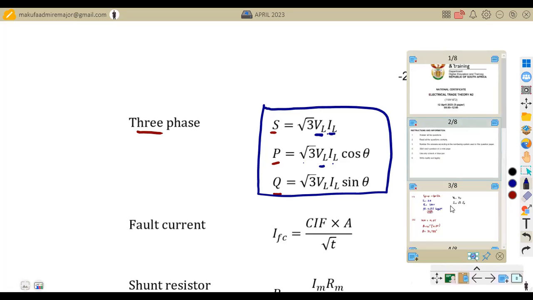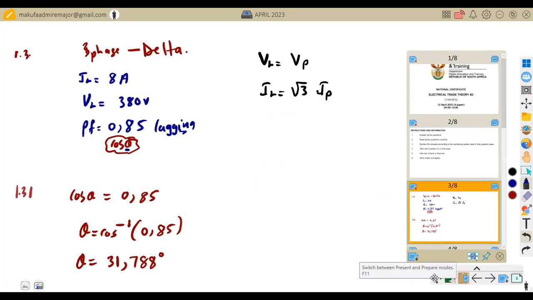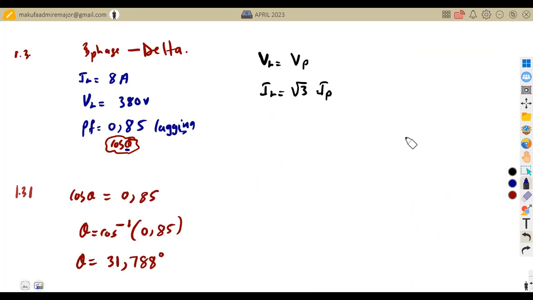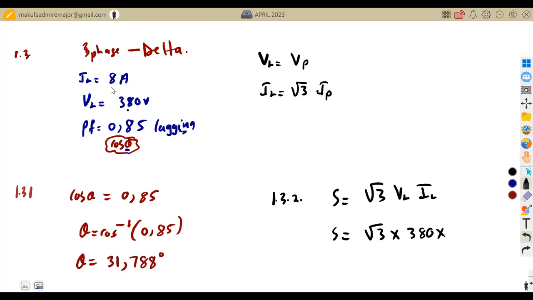So we are asked to calculate, first, the apparent power. Apparent power is given by S, which is equal to square root of 3 VL IL, the line voltage and the line current. So you calculate S as square root of 3 times VL, which we already have as 380, times IL, which we have as 8. So our S at the end is going to give us